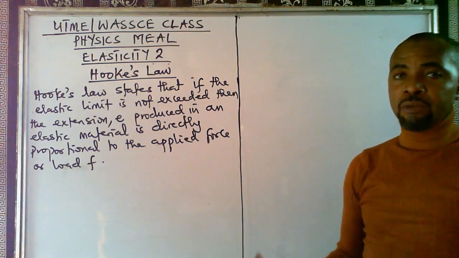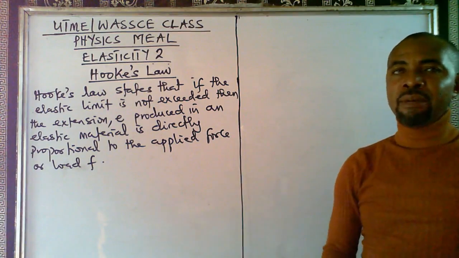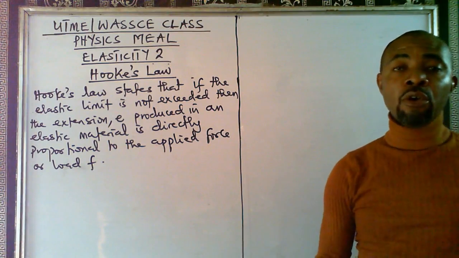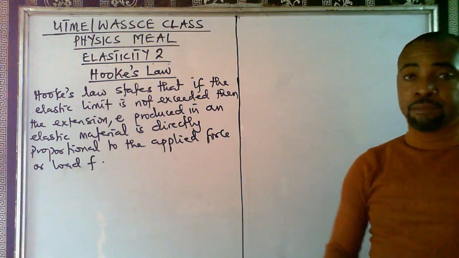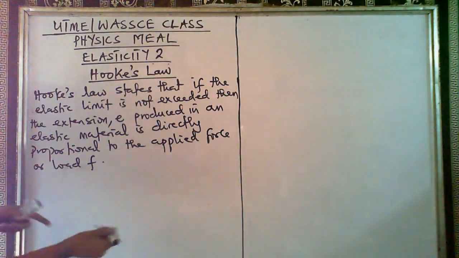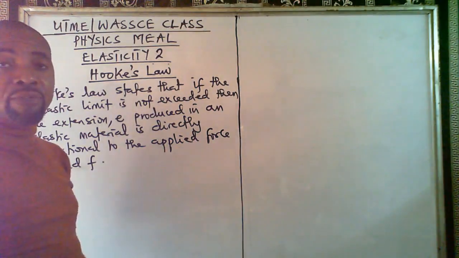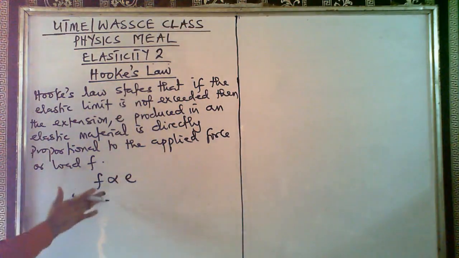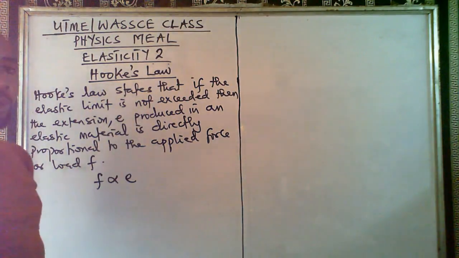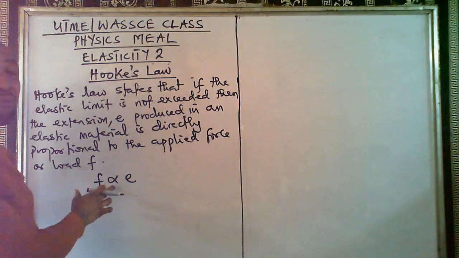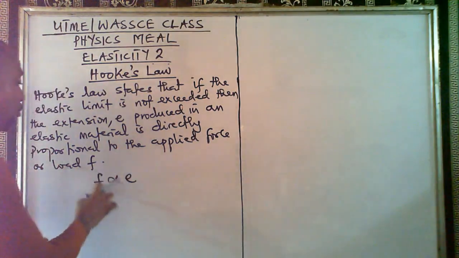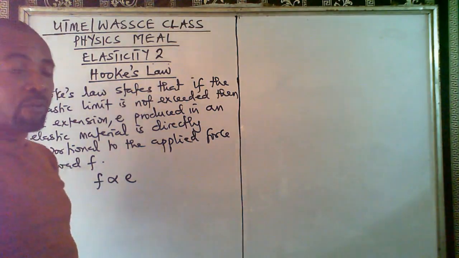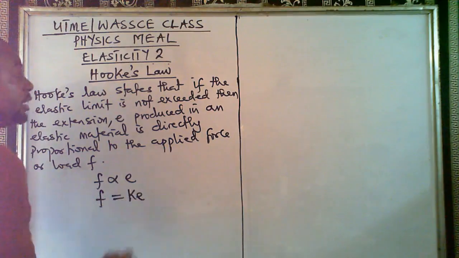So let's look at the mathematical implication here. From it, we'll begin to see what it means for extension to be directly proportional to force. Does it mean that when force increases, extension increases, or that when force increases, extension decreases? We are going to see it, and practically also. In mathematics, when you did variation, you talked about direct variation, inverse variation, and so on. In direct proportion, we can write F is directly proportional to E, where F is force and E is extension. When we have an expression containing the proportionality sign, we remove it, replace it with an equality sign and introduce a constant. We normally use the letter K for the constant. So F will now be equal to K E, where K